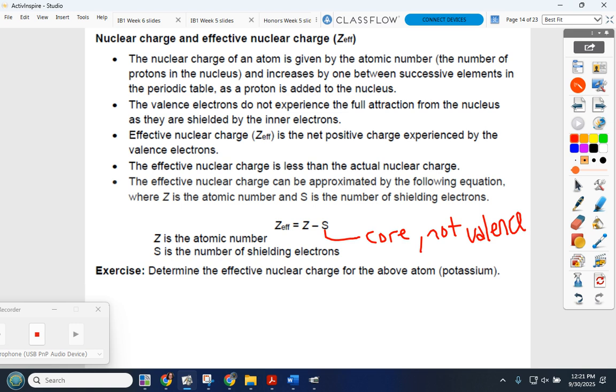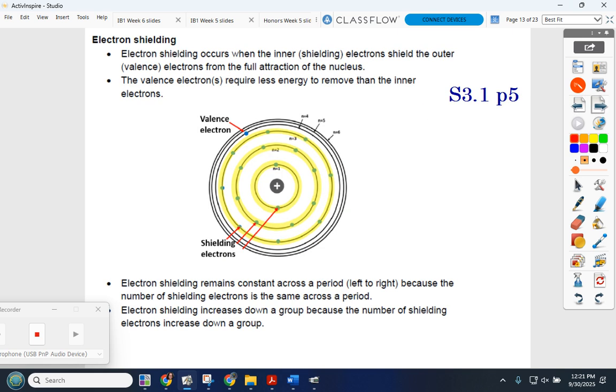I'm sorry, going back to your question, this is percolating in my head. As you're filling those d and f orbitals, you are also adding more protons. So I think that it kind of washes out if it's in a previous energy level that already exists. Anyway, if we look at this potassium atom that we were just looking at,